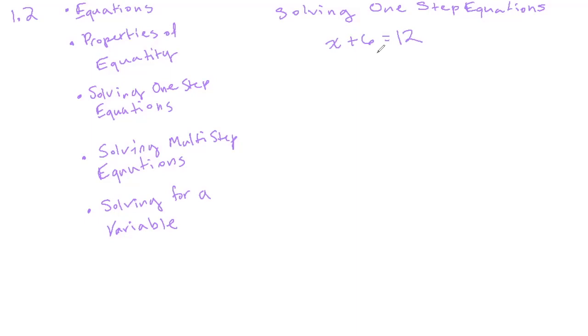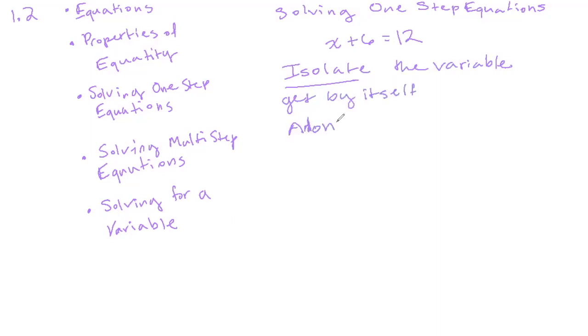But here's what I want you to think about. I want you to think about it like this. We want to isolate the variable. And isolate means to get by itself. We want to get it alone. For example, solitary confinement, you are alone, right? We want to get this x all by itself. So the way we do that is, I'm just going to rewrite the problem real quick. x plus 6